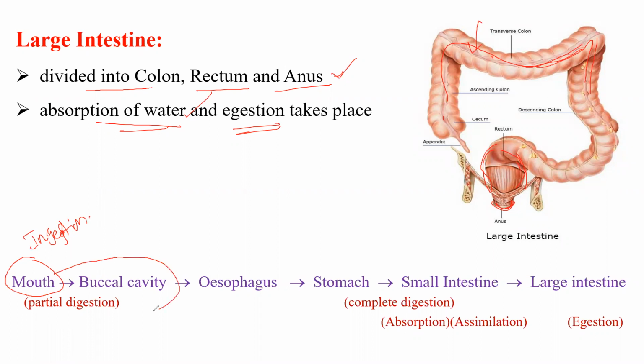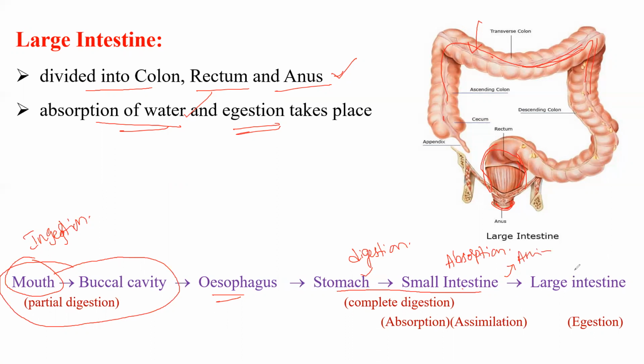Here to here, what happened? Partial digestion takes place. After that, there is no change of the food, no digestion here, but here and here there is a partial digestion. Sorry, here also a little partial digestion. Here will be the complete digestion. So what is the second step? Digestion. After that, absorption also takes place, as you know, absorption by villi. Then assimilation, of course, will be next.